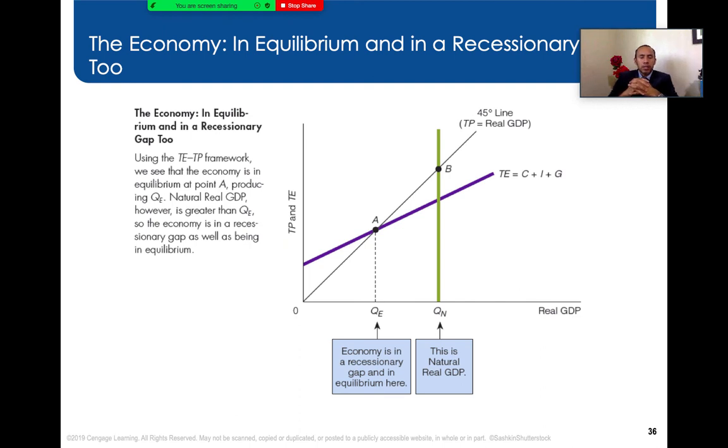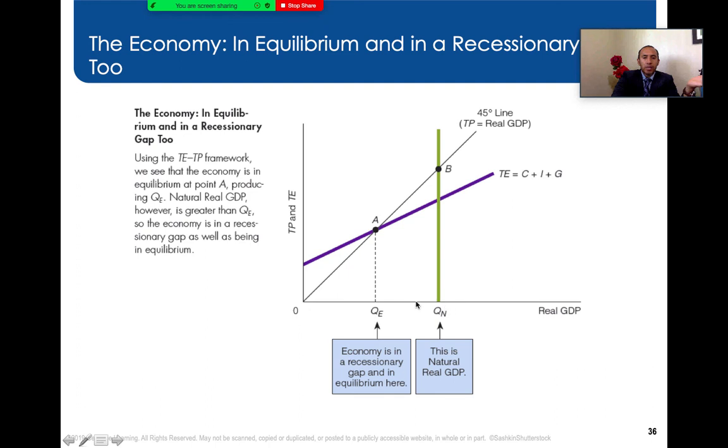So here we are in the model, when we're representing a recession period, and the economy is expected to be in this equilibrium at this point. So the economy in equilibrium should operate here at point B, where the quantity for the natural level of real GDP intersects the total production of real GDP on the 45-degree line. So using this total expenditure and total production framework, we see that the economy is currently in equilibrium at point A, where it intersects the 45-degree line down here,